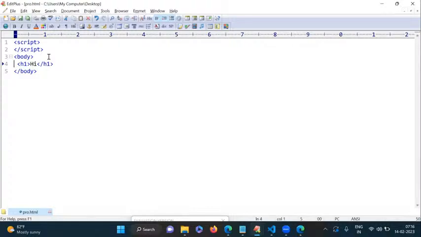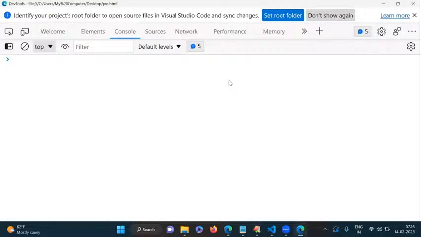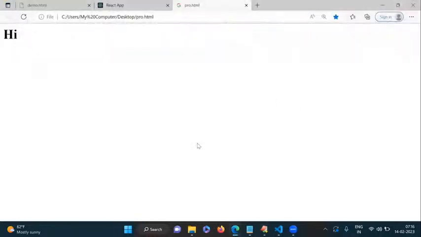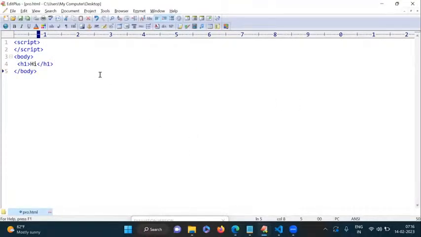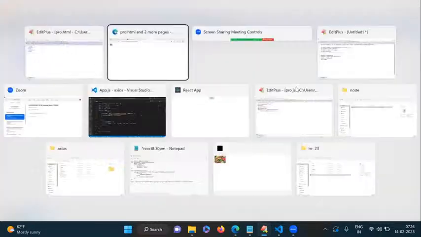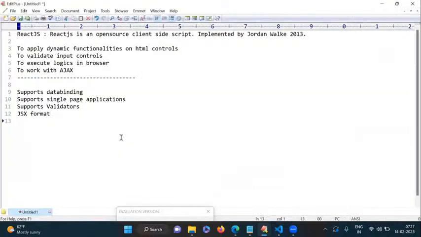Is this clear? That is the main concept. So like that we are using. Now, that is the JSX format. It supports JSX format here. Next one here supports